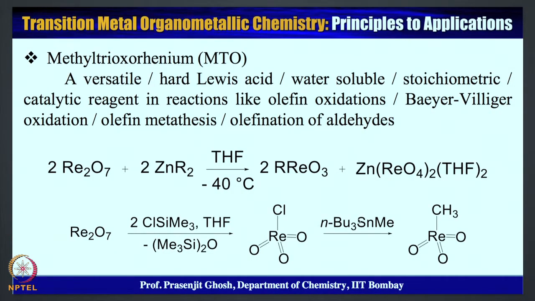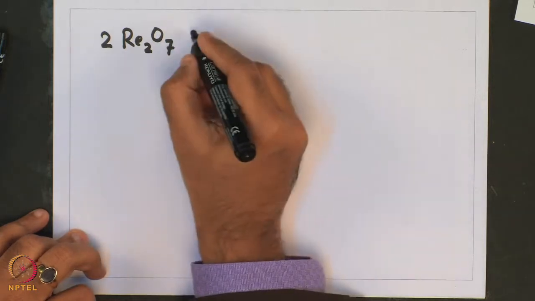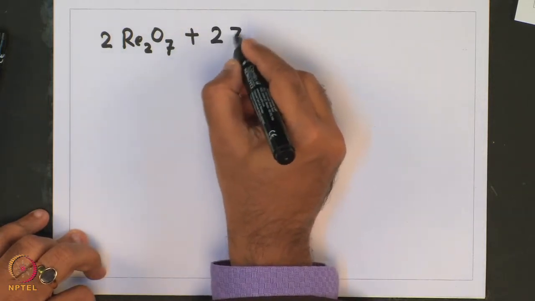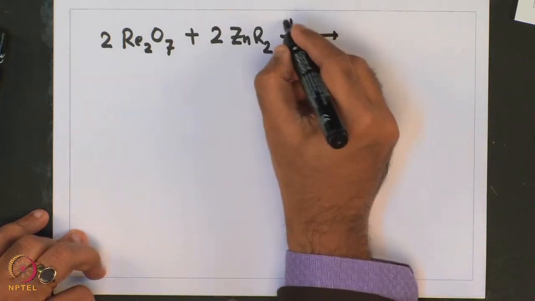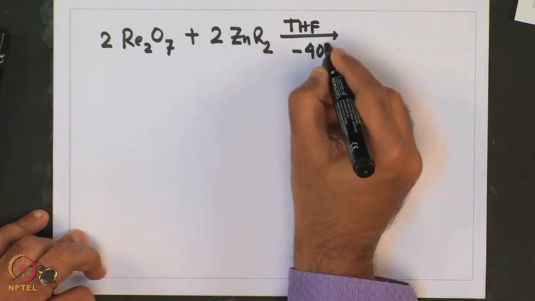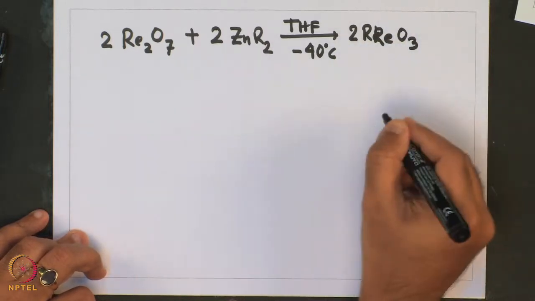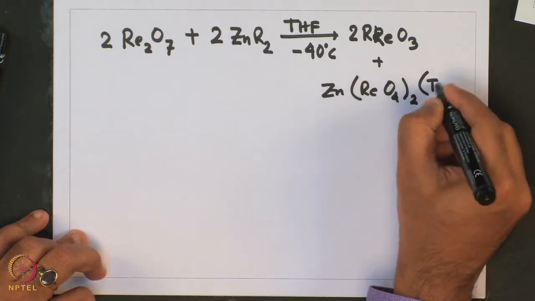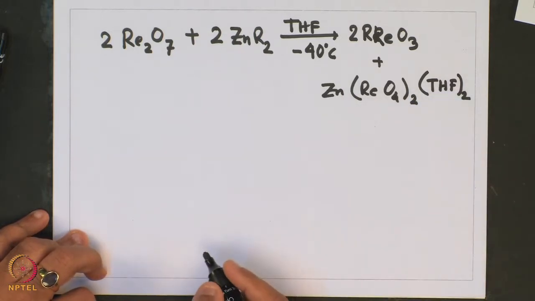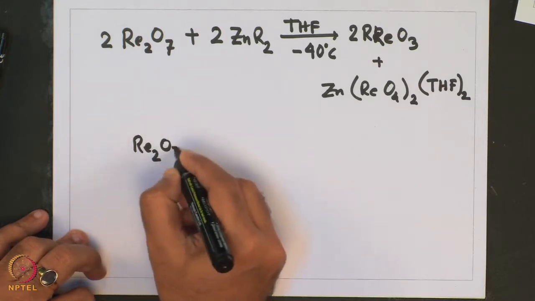Let us take a look at how these MTOs are synthesized, usually by 2 methods. The first one is with dialkyl zinc, zinc being the alkyl transfer reagent, at low temperature, giving the product. Similarly, the other method involves treating rhenium oxide